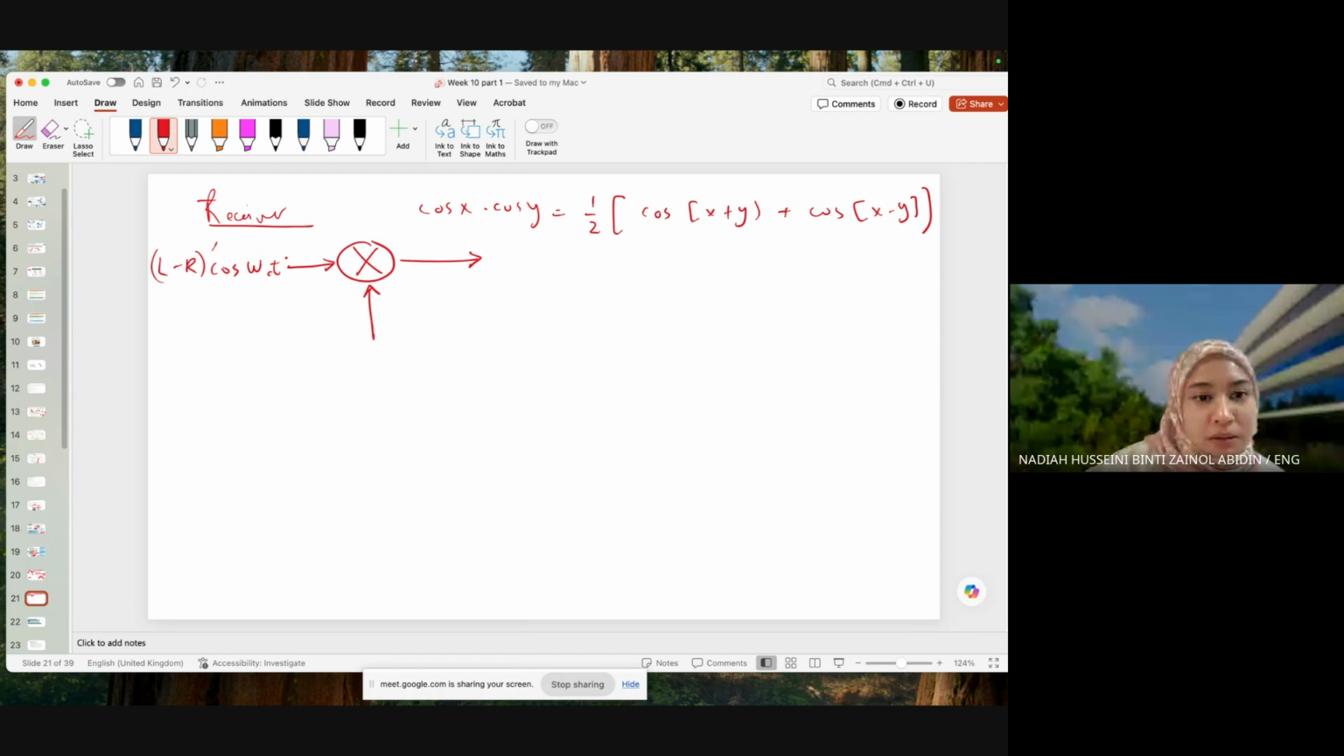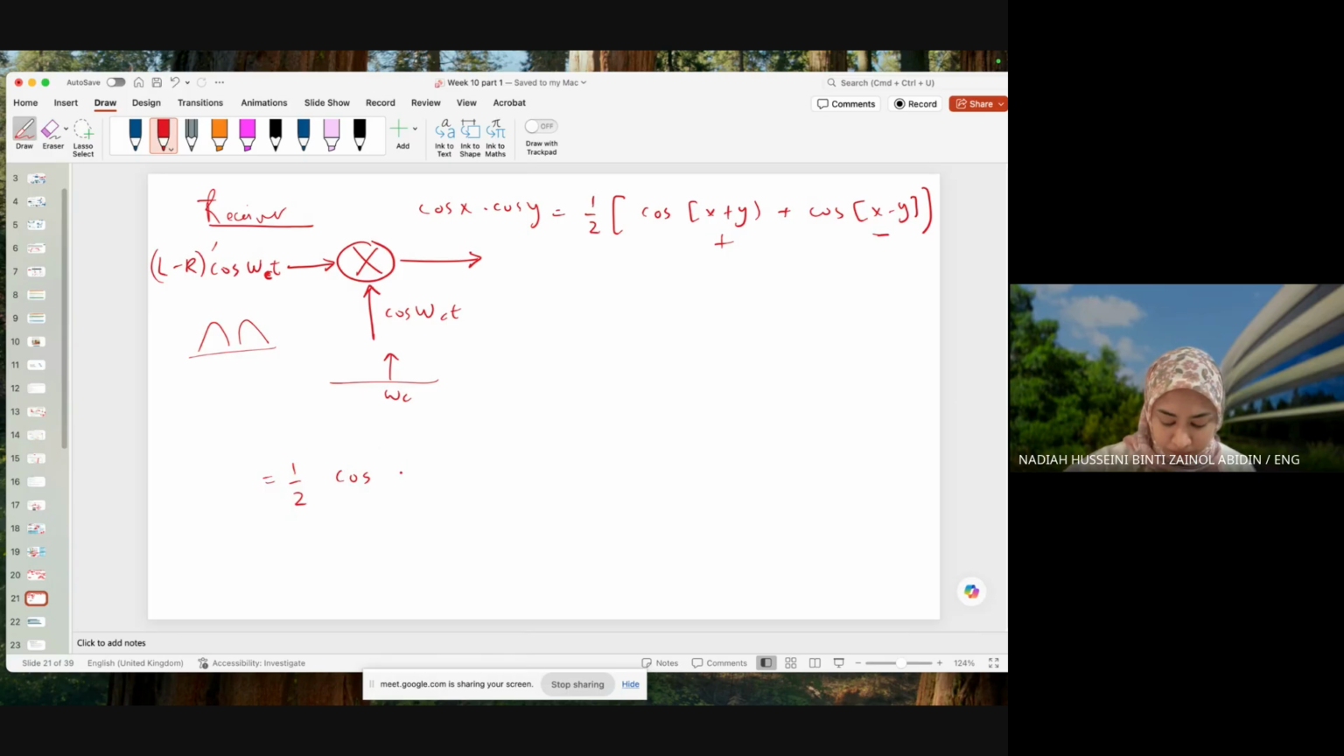Okay. All right, so L minus R apostrophe cosine omega C T. This is what we are receiving. Remember, this is actually this one over here. And then we are supplying this omega C over here, so this is cosine omega C T. Again, at this point we are going to add and subtract as usual at the mixer. So I think you already know where this goes. This is going to be added together and this is going to be subtracted. So I'm going to write down the answer. This is going to be 1/2